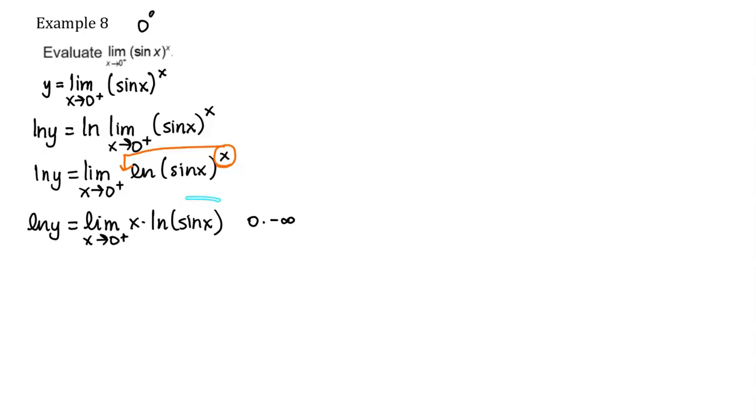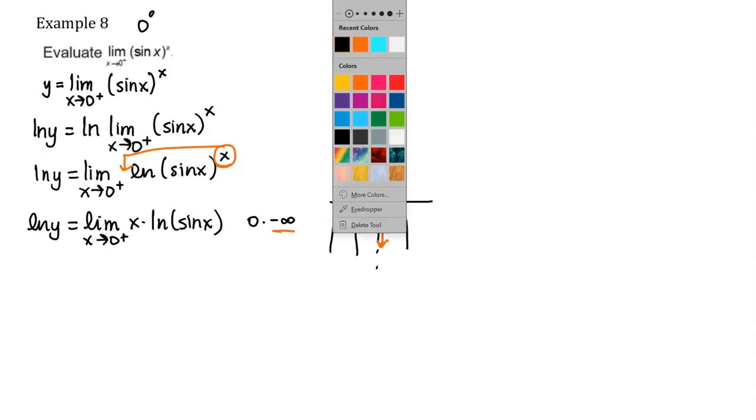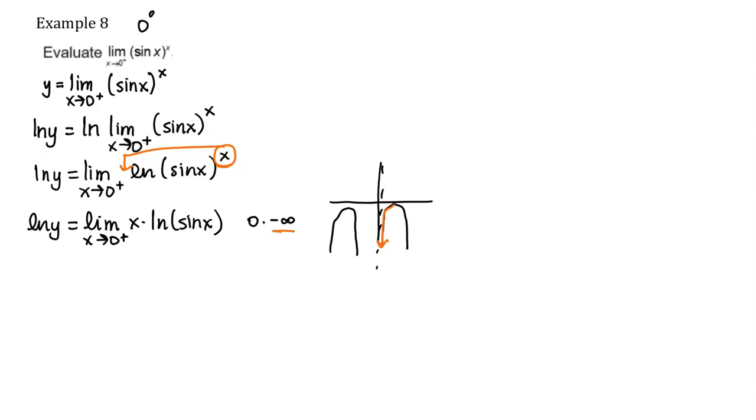If you're unsure, look at a graph of what natural log of sine x looks like, and you'll see that the graph has a vertical asymptote when x is equal to 0, and that graph is approaching negative infinity. The graph looks something roughly like this, at least that piece. And then there's another piece over here, so there's a VA right there. You can see as we approach 0 from the right, that graph shoots down to negative infinity. This is not an indeterminate form to which we can apply L'Hopital's rule,